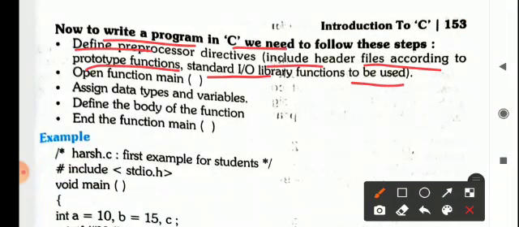function to be used. That means there are various functions that are described in C, but these functions are mentioned in the header file. So before you can use them properly, you need to include those header files in your program, and for including them we have the preprocessor directive. That means we have to start our program by typing the hash symbol.